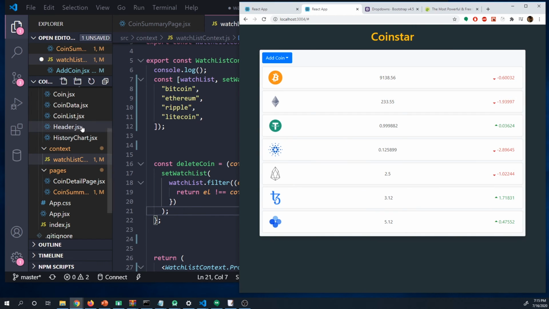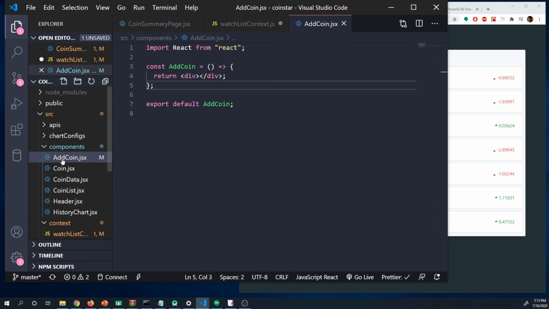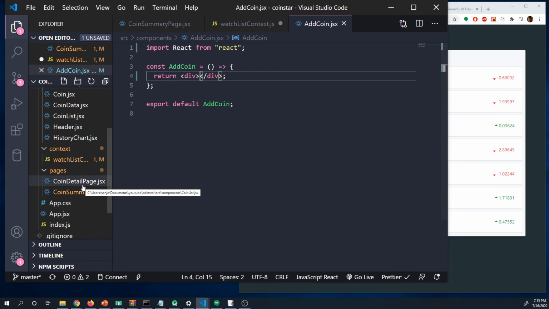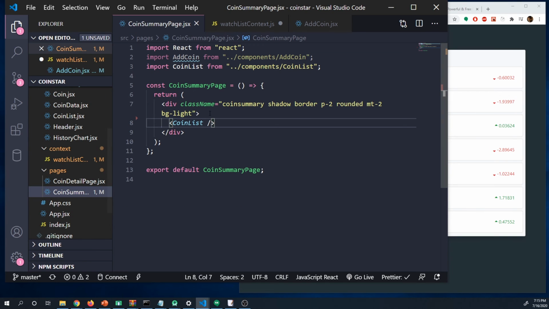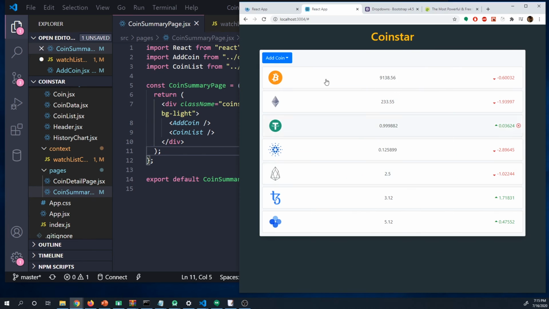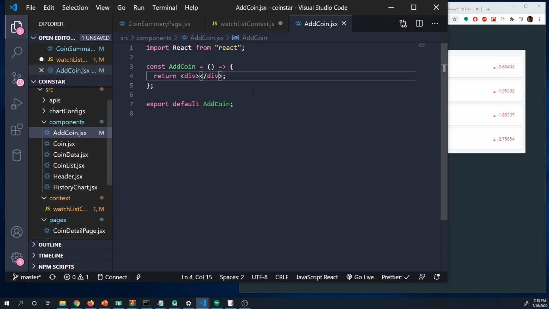And so let's go ahead and create our AddCoin component if we haven't already done so. So I've already created this. And right now it's just an empty, plain old functional component that's rendering out an empty div. And we might as well render it out onto our coin summary page. So don't forget to import it as well. And so now if we do a save, nothing should change because right now our AddCoin is just nothing more